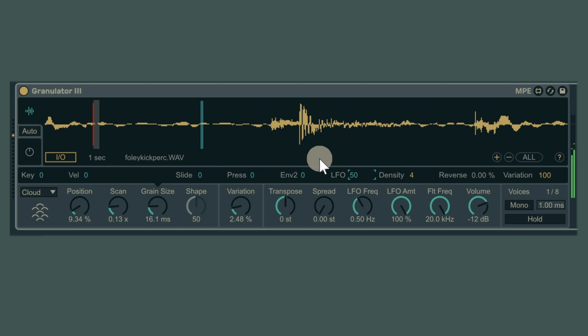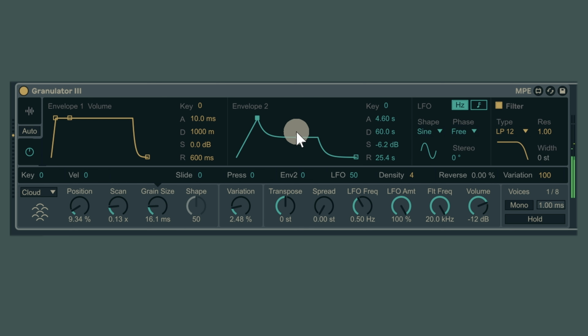And then, let's go here. LFO synced. That's the filter frequency here from this filter.